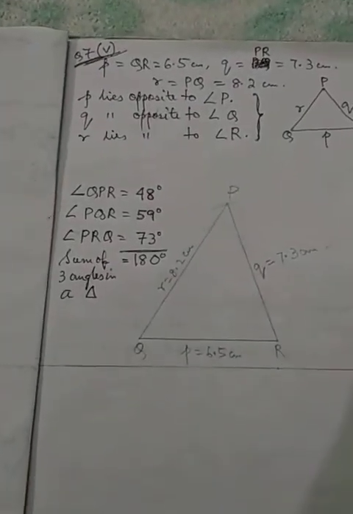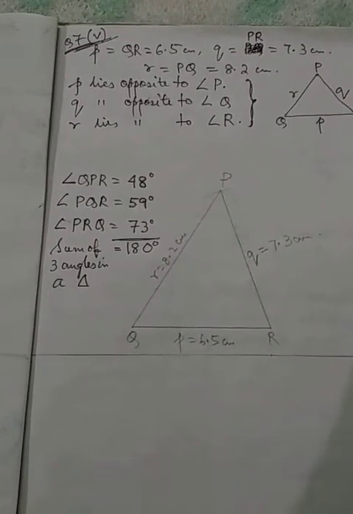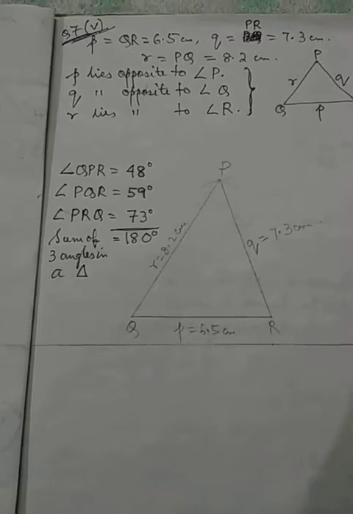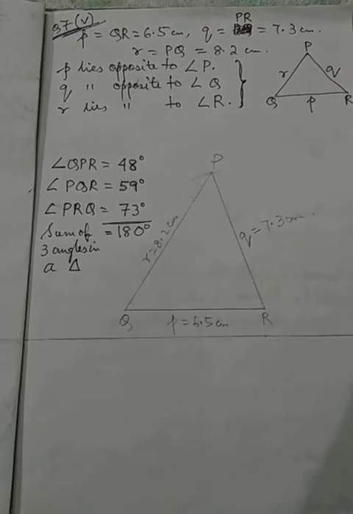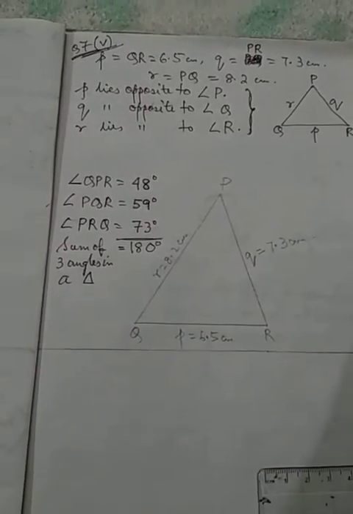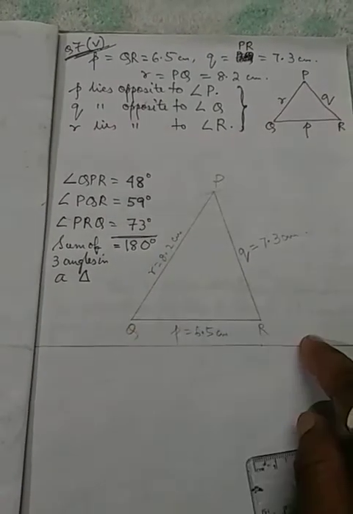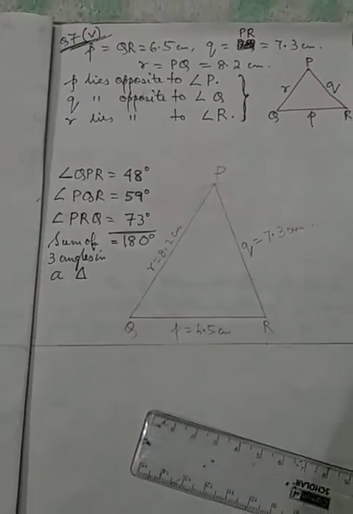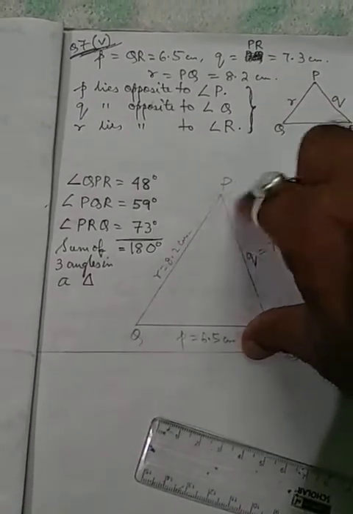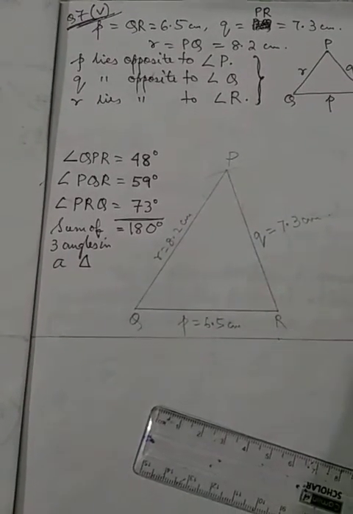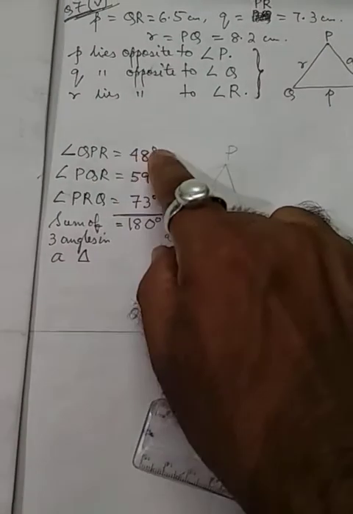Now, geometry means your work must be very neat and clean. Pencil must be very thin. One pencil you keep for the drawing of the arc, and another pencil you keep for the drawing of the lines. So don't use the same pencil. For the drawing of the lines you keep one separate, and for the compass you keep one pencil separate, so that your lines will be thinner. Thinner lines means the figure will be perfect. Then the angles will come correctly.